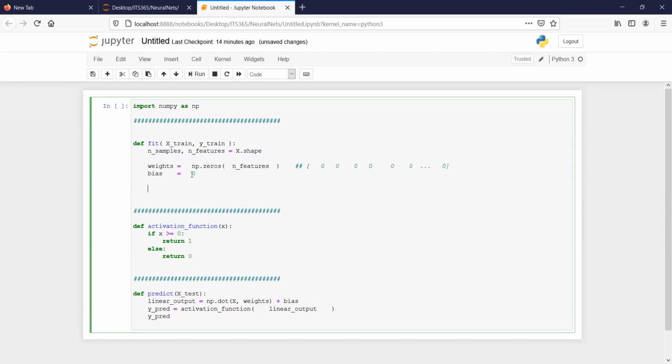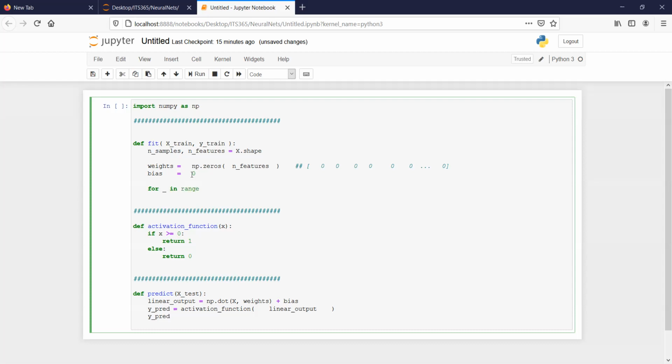Now the y's should be, of course, our trained data, okay? And the x's should be our samples, okay? So now let's take a look at what we would do. Intuitively, just like we do with a lot of things in machine learning, you're going to have some kind of a for loop. So let's say for, now whenever you do this in Python, a little underscore just means that you're grabbing the object, but you're not going to use it. So it really just helps you to do an iteration. So for underscore in